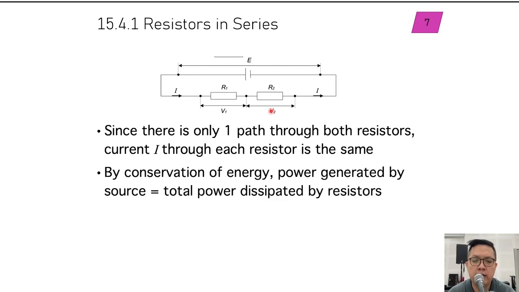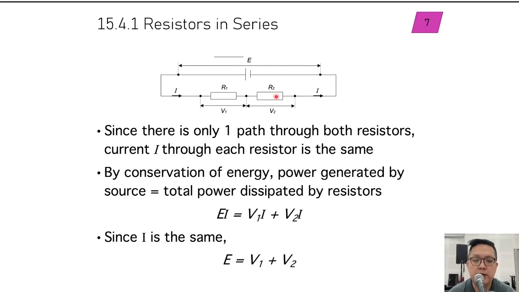So we have learned in the first part, conservation of energy: power generated by source is equal to the total power dissipated by resistors. So whatever power is generated from this source E is equal to the total power dissipated across each of the resistors R1 and R2. So we can write EI equals V1I plus V2I, because power is just potential difference multiplied by your current. Then since I is the same, we can strike off the I, so we get E equals